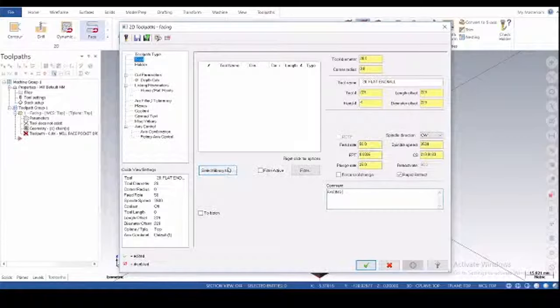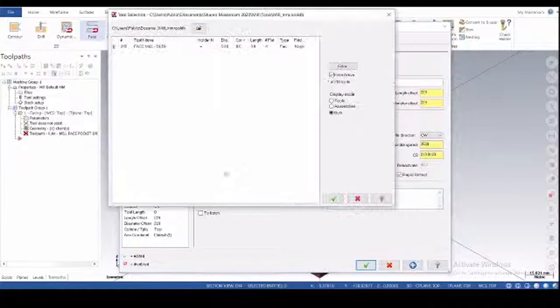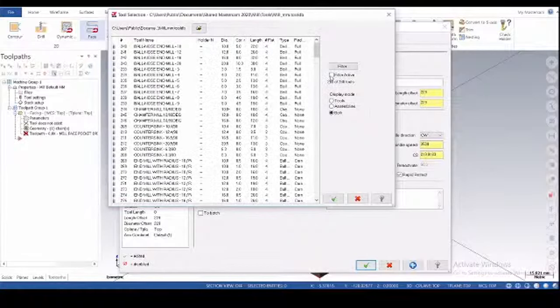Okay, so for the tool you have to go to the standard tool library. Click on select library tool. After selecting library tool you will see a lot of tools. Okay, if you want to filter, you can also filter.